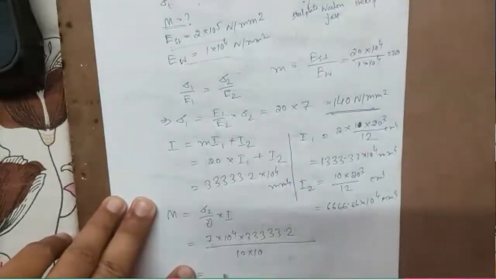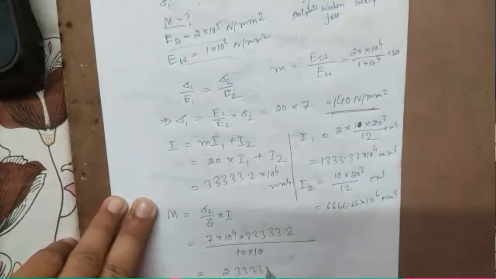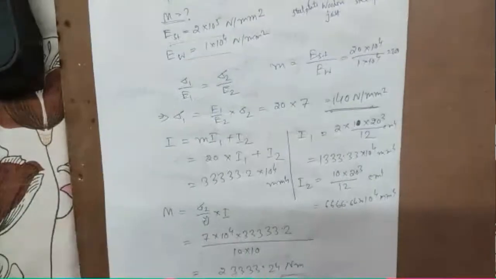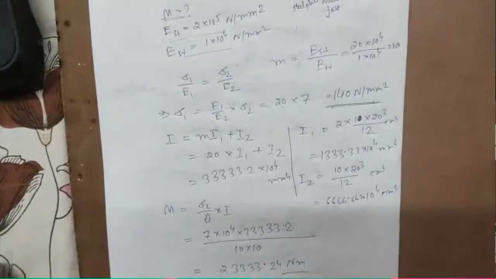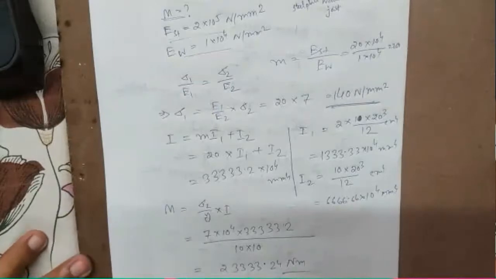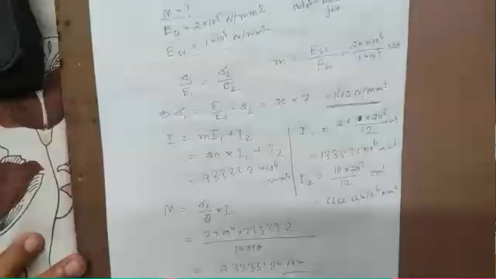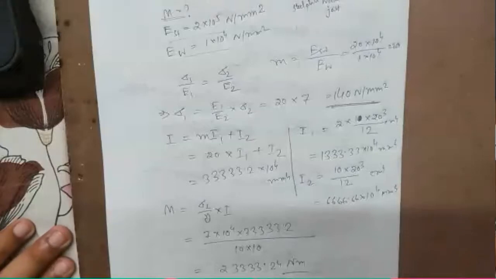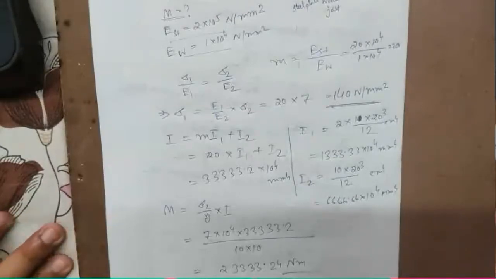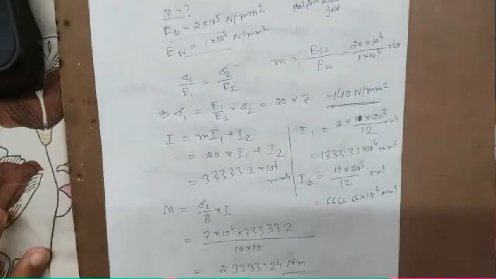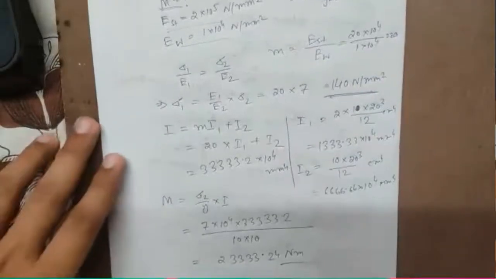Finally, we will get the value 2.4 Newton meter. Okay, so we will get the answer in Newton millimeter, and finally we have converted into Newton meter. Okay, so this is one